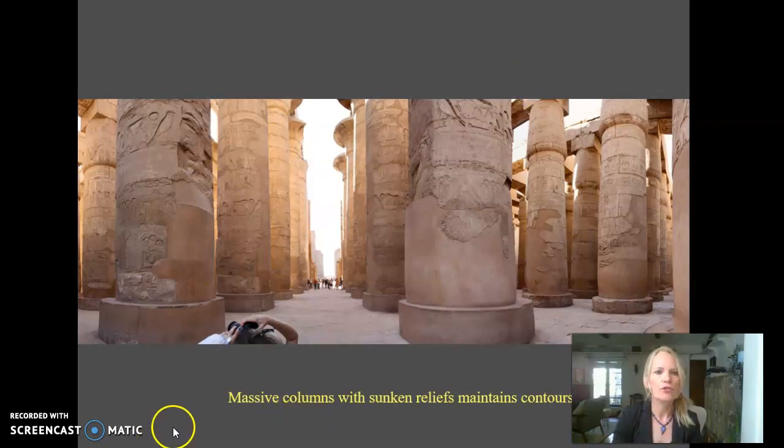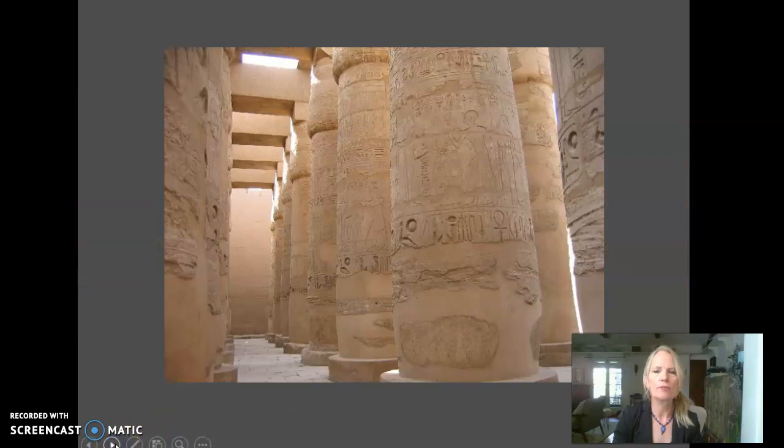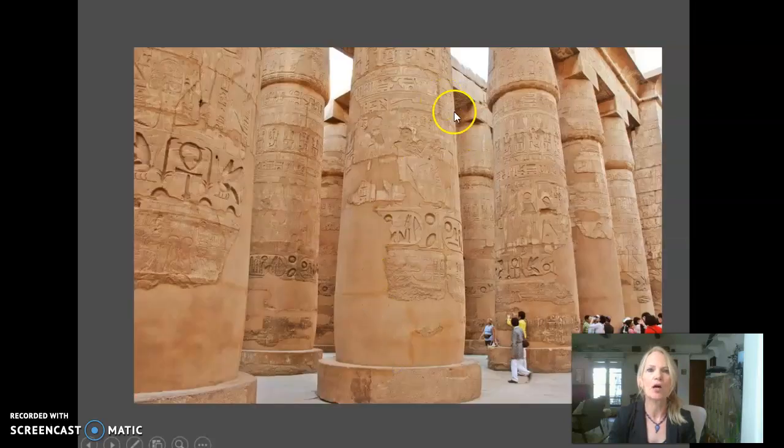So if I were to show you another slide here, a little bit closer, you can see what I'm talking about, these kind of indentations. The goal is to preserve the contour lines of these massive columns. If it was more traditional low or high relief, the edges of the columns would read lumpy bumpy, right? It would ruin that consistent contour line that you see in these photographs. So sunken relief is the technique you find in New Kingdom Egypt to